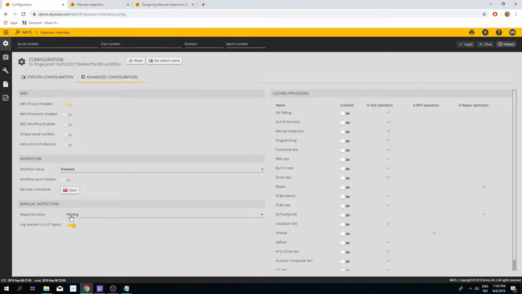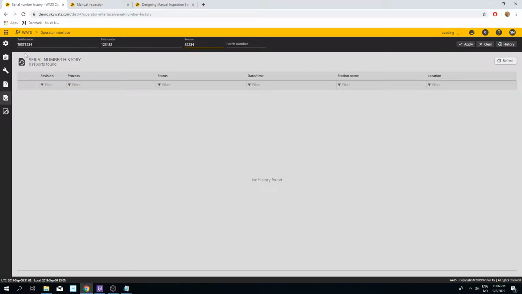Once it's set to pending, we're all good, and we can start typing down pretty much anything, because we specified that the part number could be pretty much anything. When we scan in these units, we click manual inspection,